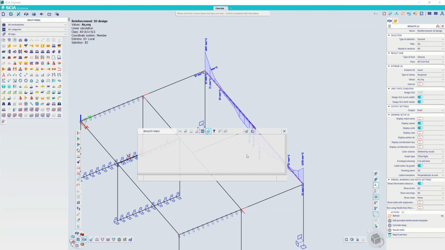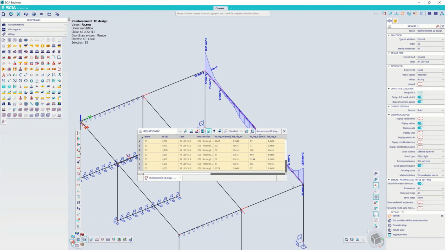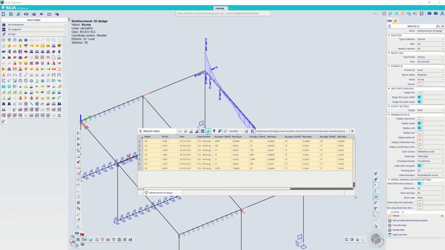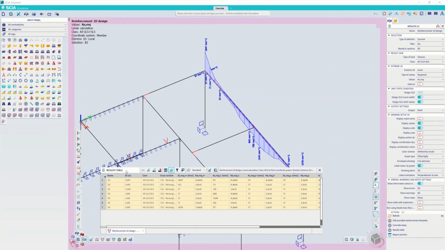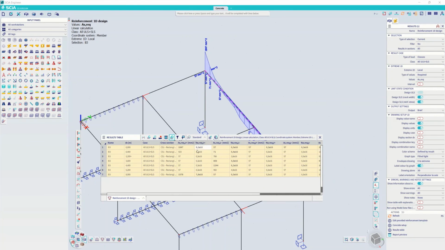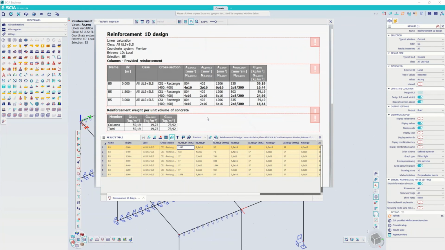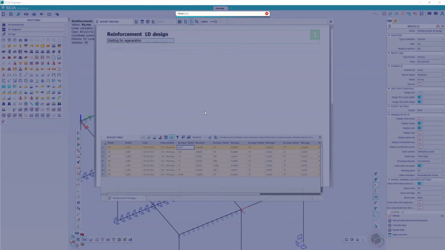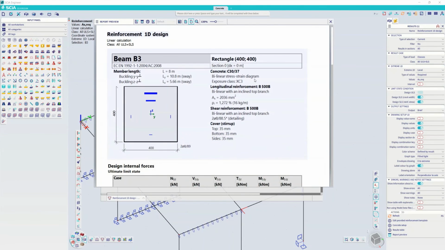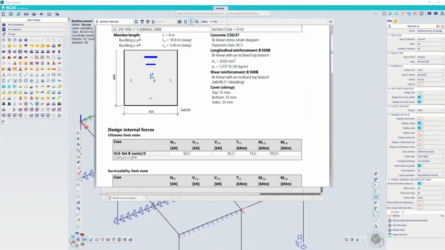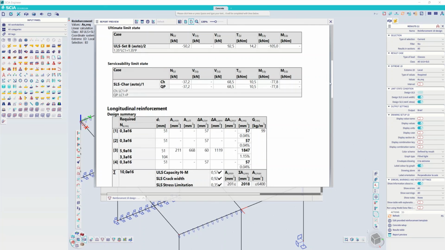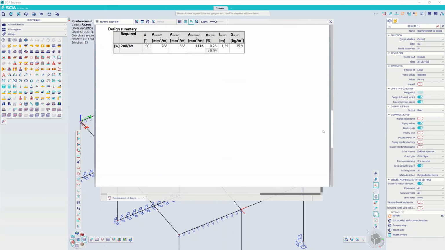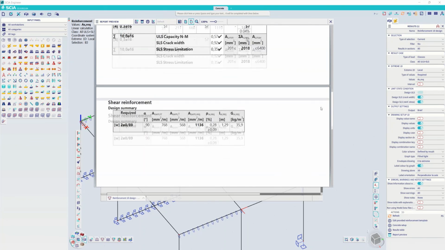Okay, I'm going to enable the results table. And if you want to see the output of a certain value, you can simply double click on the cell. On the top, you can also see that you can switch between standard and detailed output. And afterwards, you simply click on the value you want to see, and then SCIA will show you the detailed or standard output for that specific value. And as you can see on the bottom, you also have an overview of the total weight that was needed for the shear reinforcement design per